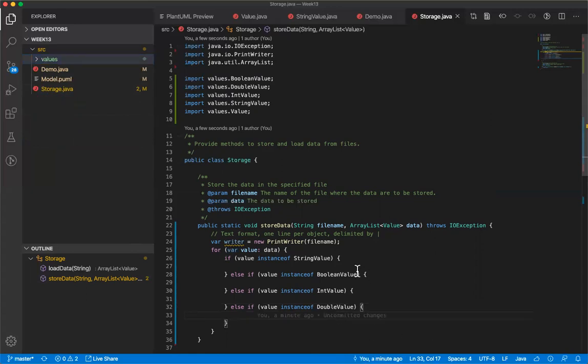All right, so now depending on the different types of values, I'm going to write something a little bit different to my file. You might be tempted to just use your toString method and write that out, but if your toString method is fancy, like ours is,